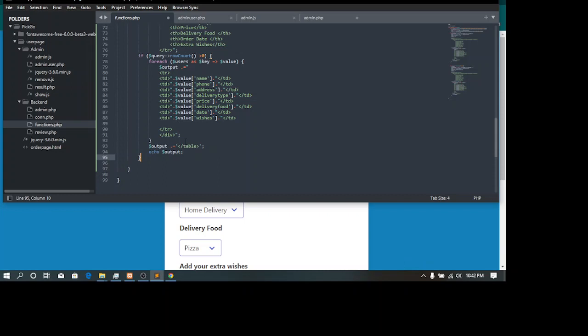So at the end of this if statement here, there's going to be an else statement there.